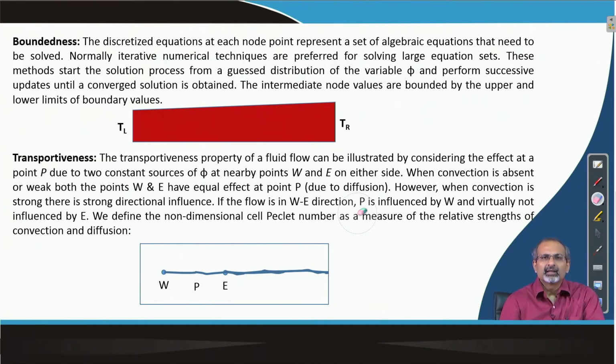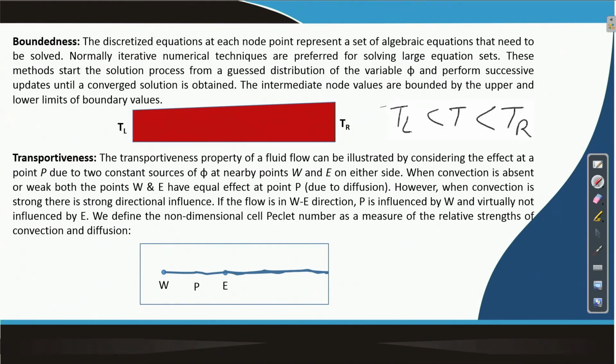And you know that there would be a diffusion going on, which means the gradient which lies due to the temperature difference at the two boundaries will drive the heat transfer. So, the hotter end will transfer heat from that end to the colder end and so on. This is expected to give us a smooth variation through the domain, and therefore, we need to have this condition that temperature everywhere in this domain will lie between the highest and the lowest values that are defined at the boundaries. So, this is essentially the boundedness property.